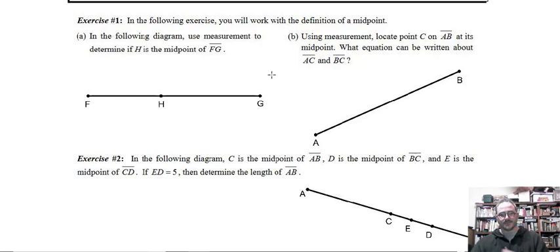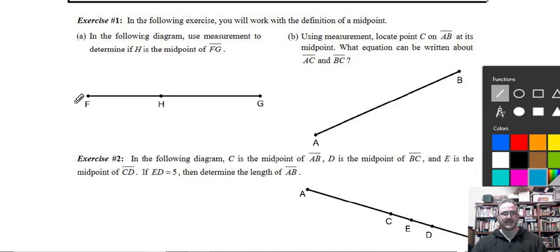So exercise 1. It says, in the following exercise, you will work with the definition of a midpoint. In the following diagram, use measurement to determine if H is the midpoint of FG. I want you to look right now at this FG segment. Does H look to you like it's the midpoint, like it cuts it directly in half? I'm hoping that just by looking at this, you're going to tell me, no, Mr. Solt,